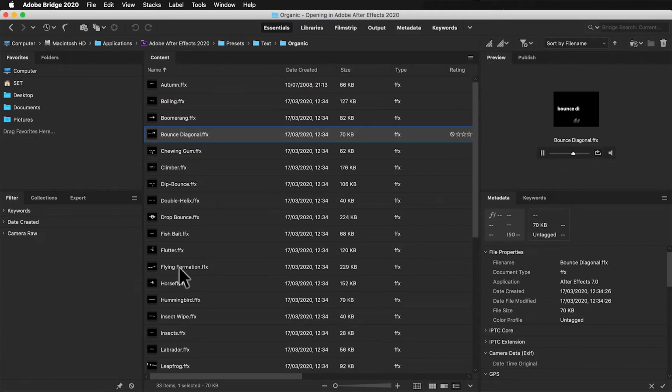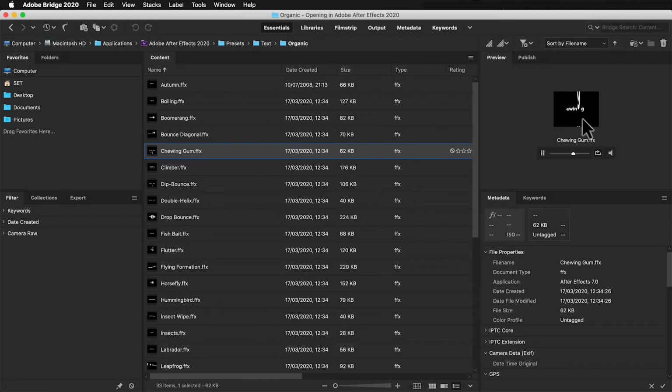If you're not familiar with these presets, it's well worth spending about 20 minutes just going through them and marking up ones that you find useful. Some of them you'll find very, very useful and it'll take you hours to create yourselves. Some of them you may never use because they're very specific for certain sorts of looks. If you find one you like, let's say this one, you can just double click on it,